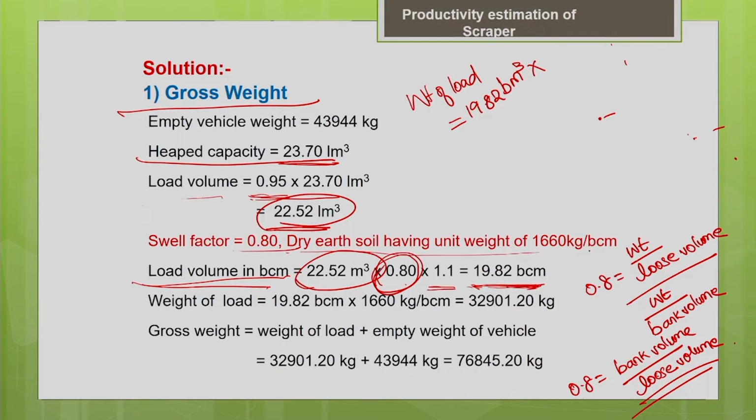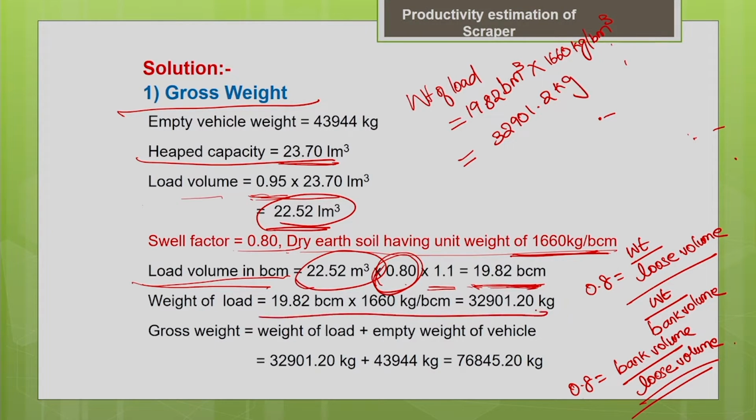The dry earth soil has a unit weight of 1660 kg per bank cubic meter. It is given in the question. You know the material property, 1660 kg per bank meter cube. So, when you multiply both, you will get the weight of load as 32,901.2 kg. So, that is what is derived here. Weight of load is